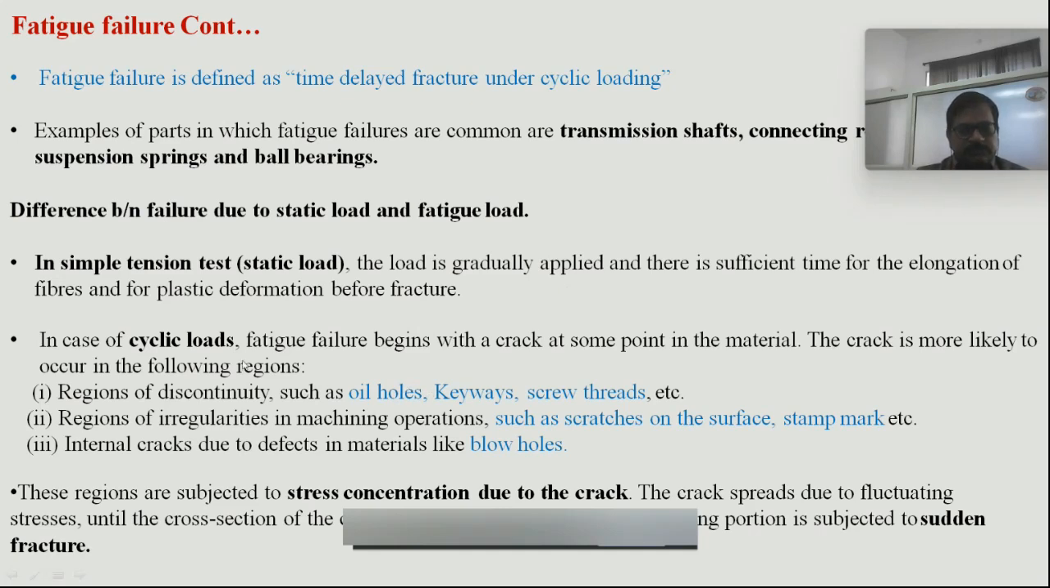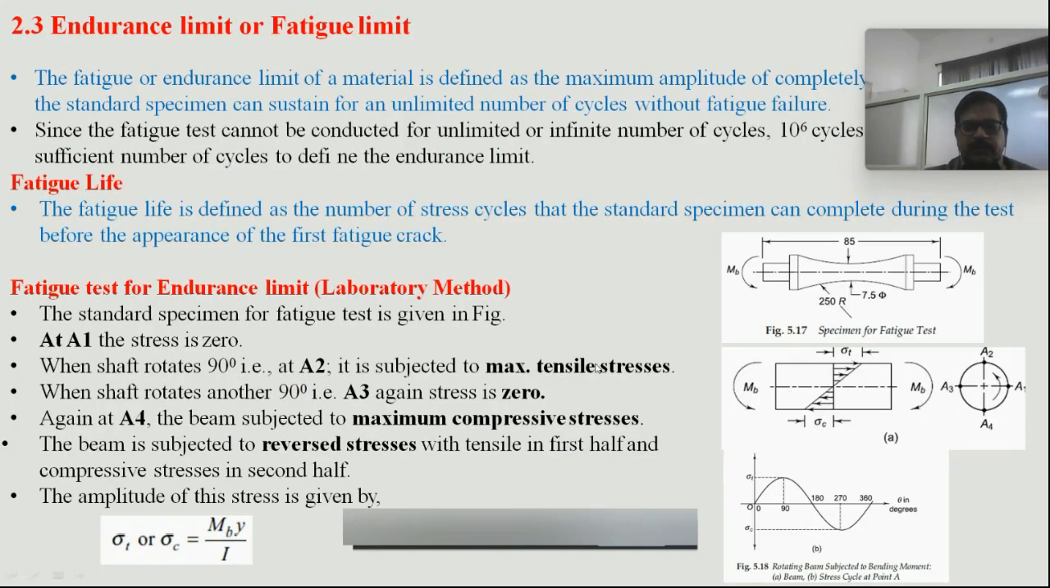Whereas in the fatigue loading condition, the failure begins with a crack at some point in the material. The crack is more likely to occur in the following regions. Number one, regions of discontinuity. It may be an oil hole, keyway, screw thread, etc. Second, regions of irregularity such as scratches on the surface or stamping marks, etc. And third is internal defects like blowholes, etc. So these are the points where the crack may be initiated,